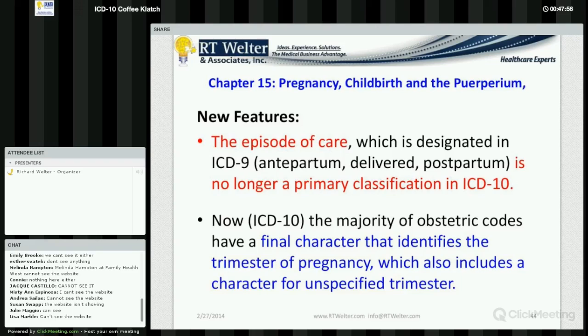The provider can document weeks. We can put that into a trimester as ICD-10-CM has defined it, and then apply our trimester character to our obstetrics code. There are code selections for most of these, for any of the categories that require a trimester. Unspecified trimester should be used rarely. Probably the two best examples of when it should be used are an emergency situation where the patient is being transferred out immediately, so it's not meaningful to have documented the weeks pregnant, or a situation where the provider doesn't know because it's a newly pregnant patient. But even then, we might have enough information to know that it's still